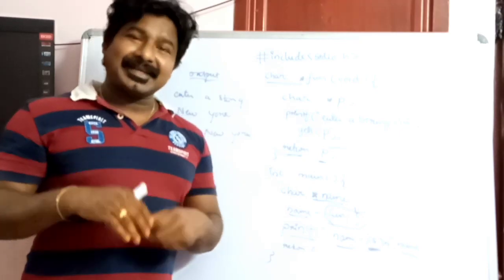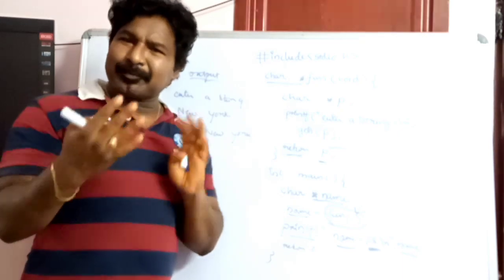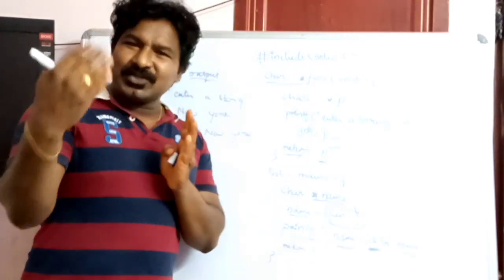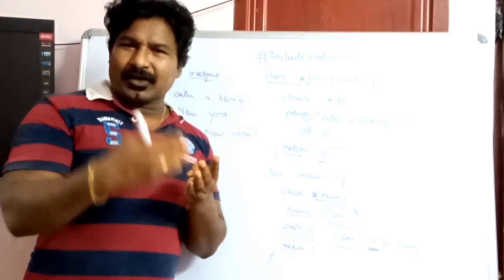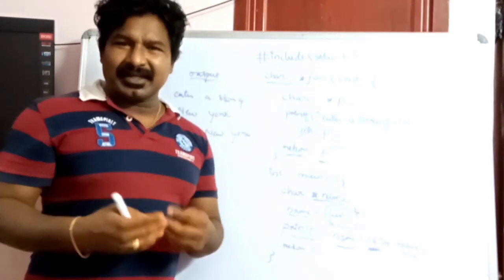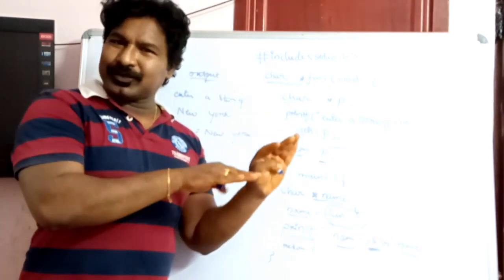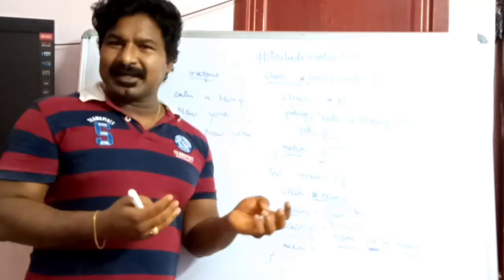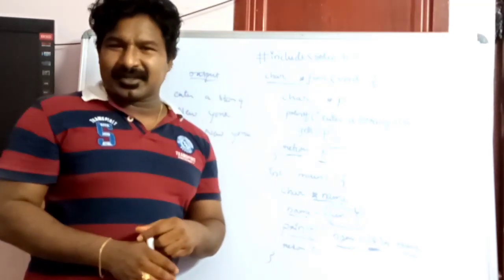Okay, so the third example is you can have an array of character pointers where each pointer can point to individual arrays, and you can access all those arrays, meaning all those strings, by using those character pointers. I'll create an array of character pointers where each character pointer will point to an individual string. You can access all those strings by using the pointer name with some subscript value. So that is the third application.